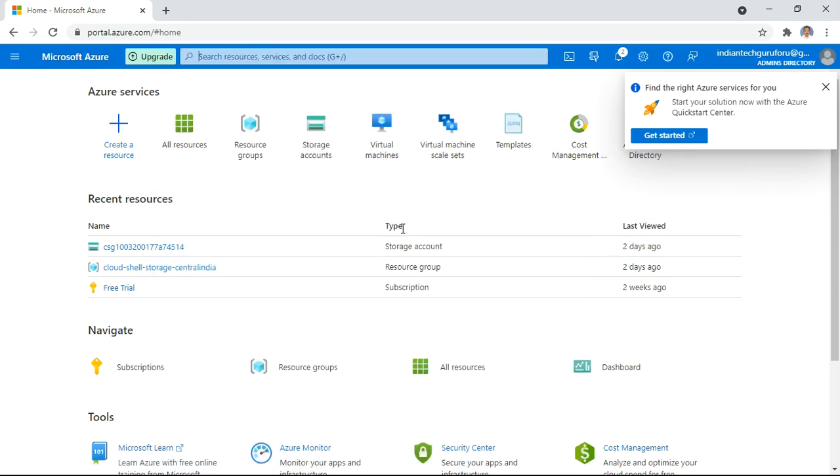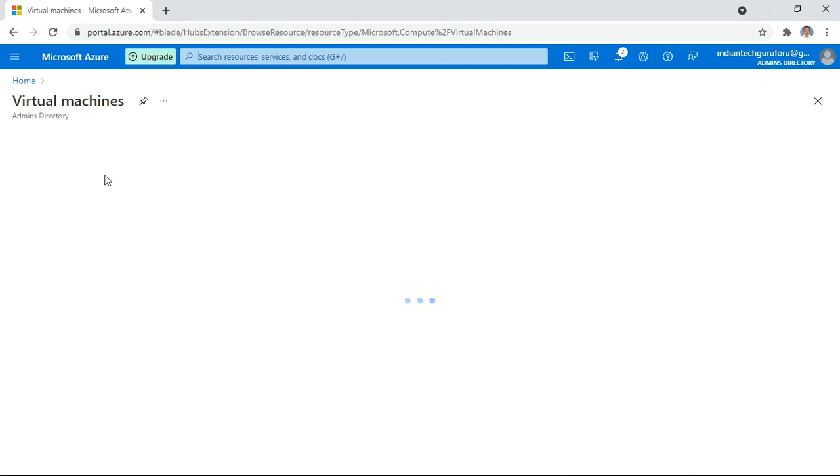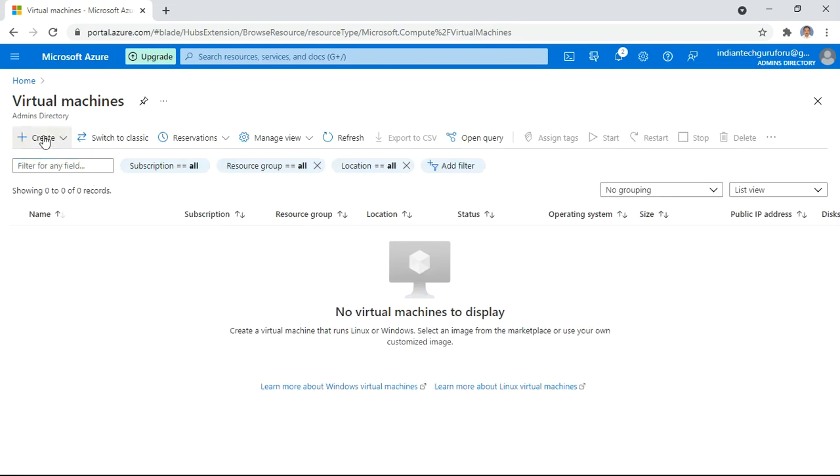Click on virtual machines. At the top left side corner, you will have the create virtual machine. Select create virtual machine.